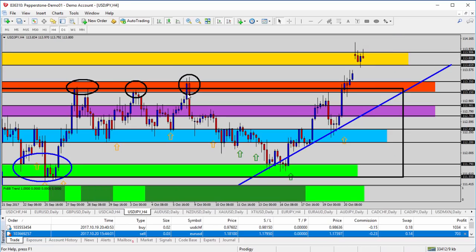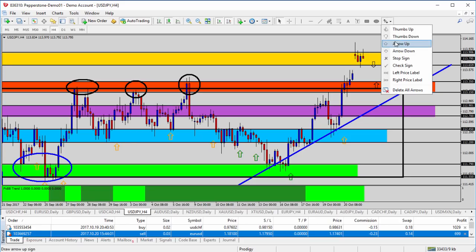Let's go ahead and take it down to the 4-hour. Take a look at what's happened. Look at that weekend gap right there. If the market pushes back underneath 113.65, the yellow zone, a pullback down towards the orange zone definitely gives us another opportunity to buy on a dip into support, similar to what happened here at the blue zone. If it breaks 113.90 without too much more hesitation, then we'll look for it to go